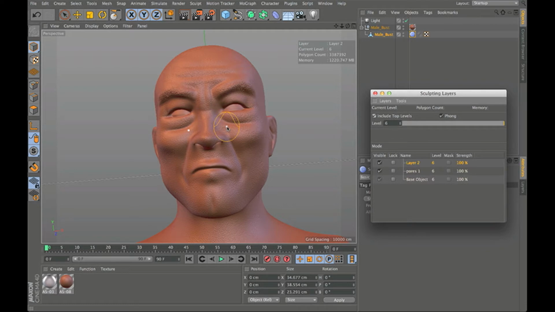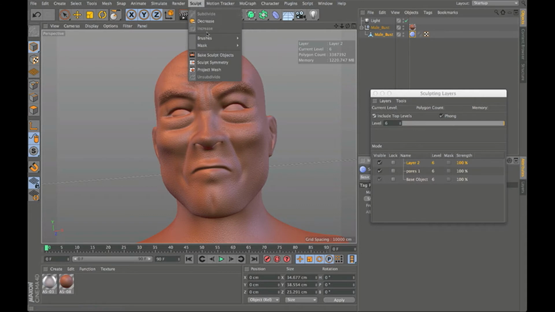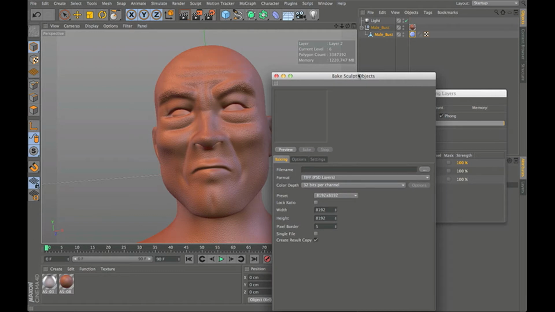for animation. So what I'm going to do is go up to the Sculpt menu, and I'm going to go to Bake Sculpt Objects. That brings up this panel,